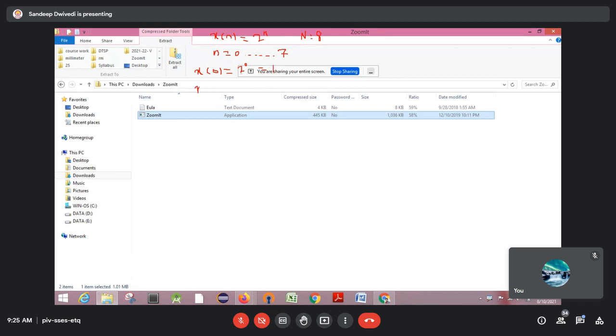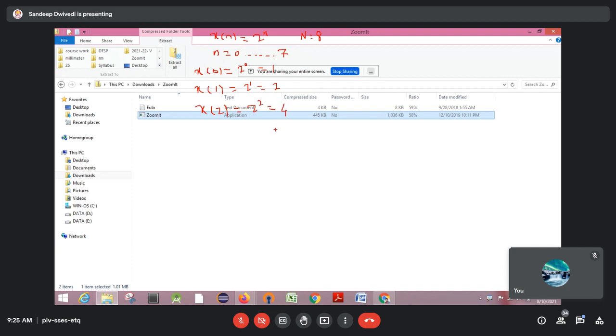In the same manner, you can put the value of n equal to 1, up to 7, because it is capital N minus 1 and capital N is 8. So the range of small n will be 0 to 7. Then 2 raised to power 1. One by one, you have to put all the values up to 7 and you will get x of n. Then x of 2 will be 2 raised to power 2, so that will be 4. In the same manner, you can calculate the other values also.